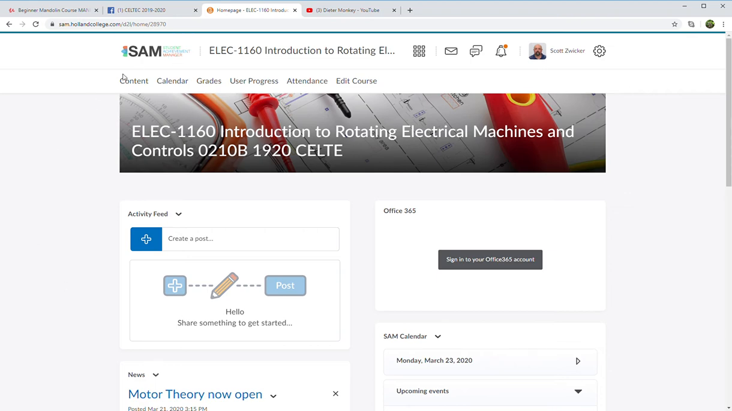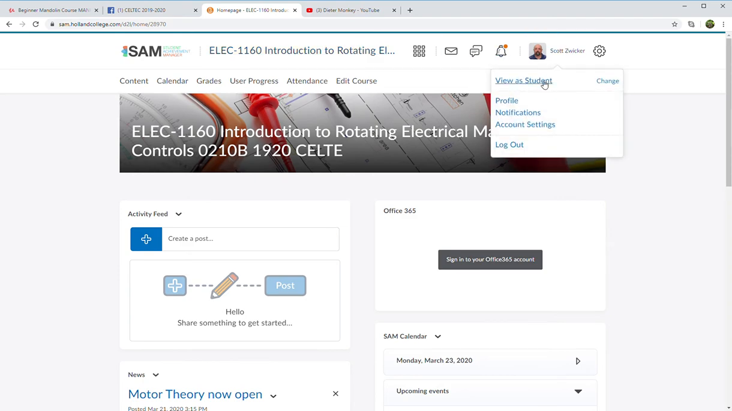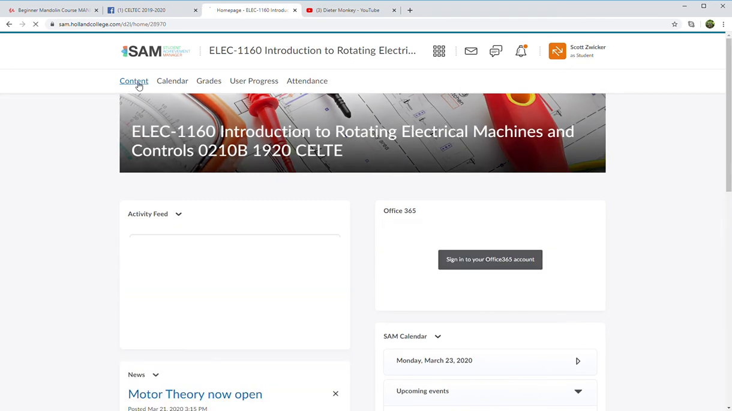So go on into SAM. Now there's one under the three-phase transformers, but group A is still finishing that off. Both groups are doing motors and motor theory, so I'm going to go into motor theory. Once you log into SAM and you get into motor theory, go under content,